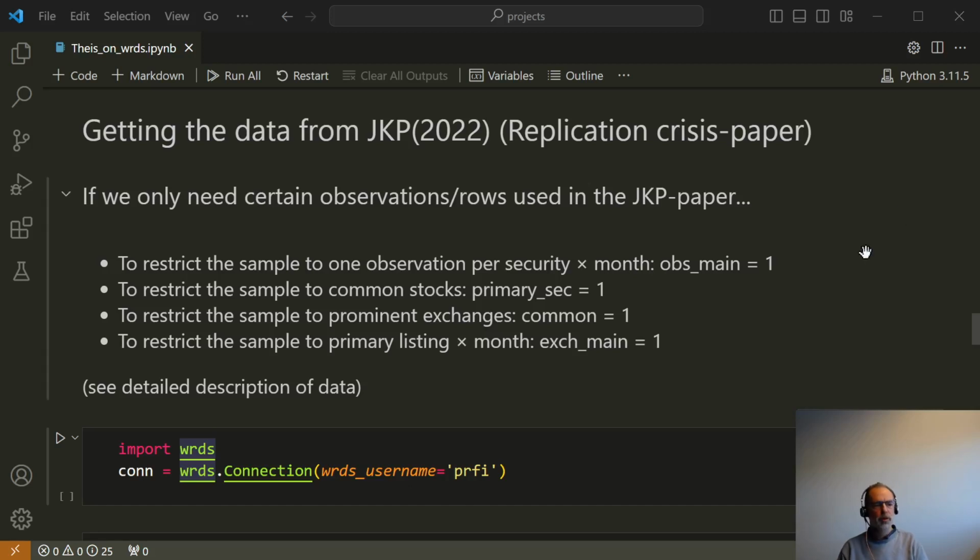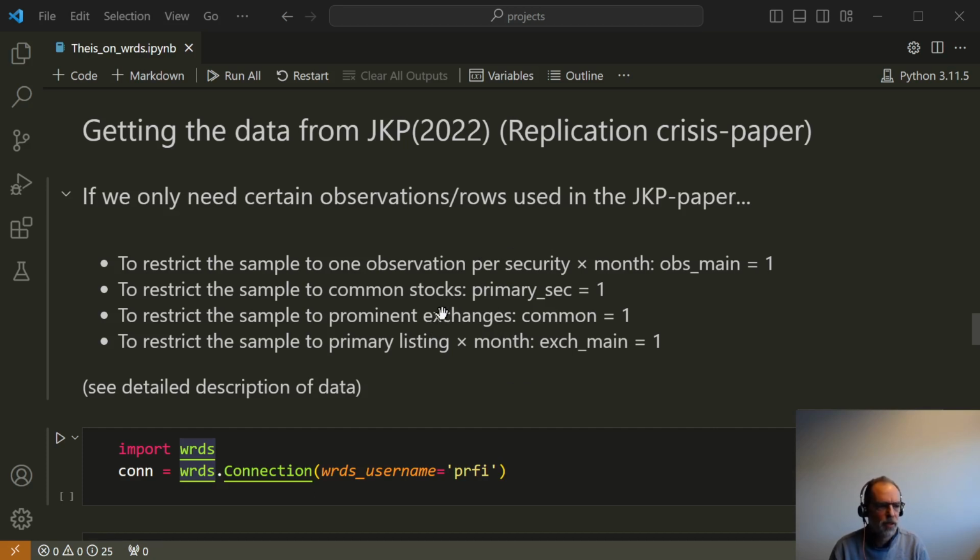If you watched the previous videos, I think you can get from WRDS the data you want down in a data frame. But if you want to replicate the replication crisis paper of Theis, Kelly and Lasse, there is a trick that I didn't see, and it is a little bit hard to see when you work from Python. And that is that there are some restrictions you have to impose to get the right rows